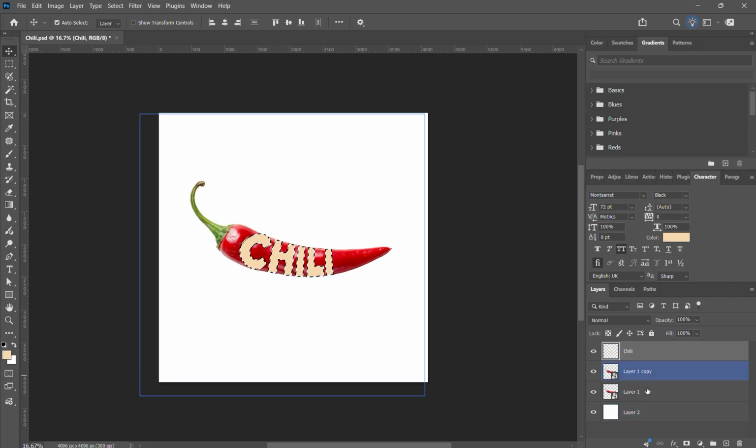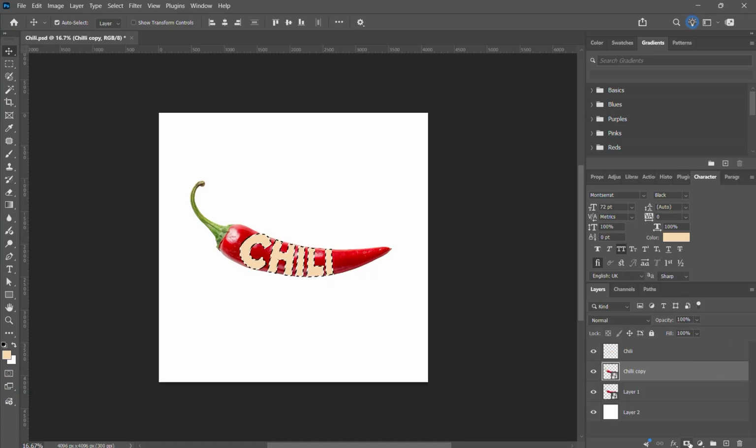This is basically an area which we can use as masking. So then select a copy which we have created, copy of chili, and I'll just name it chili copy,